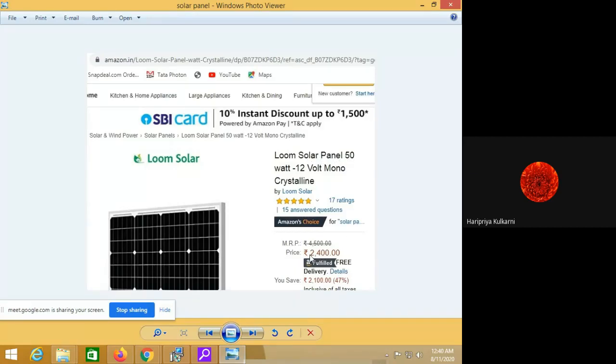It is approximately 2000 to 2500. Okay, 500 is a variable cost found on various sites. So approximately we have considered 2000, considering we are taking 18 panels, so we can bargain to 2000 easily. So say 2000 approximate costing we have considered here.